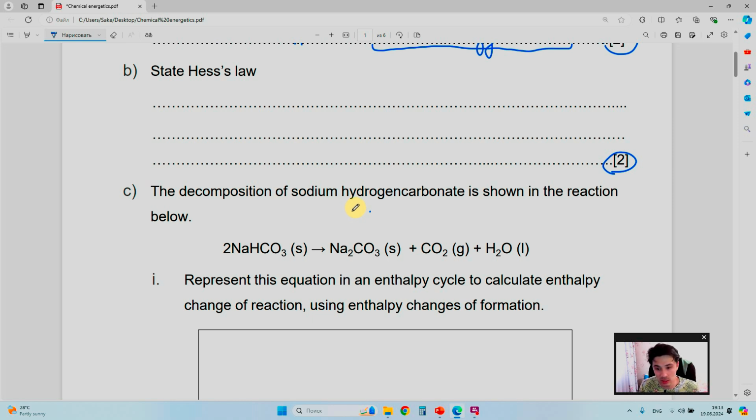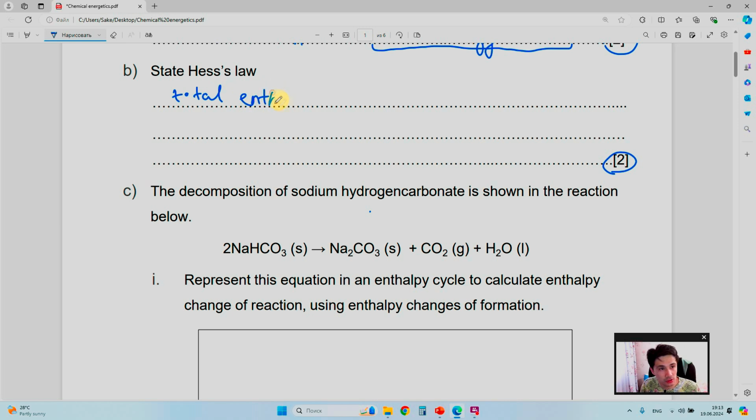So total enthalpy change, it means that a reaction can undergo in one step, or the same reaction could undergo in several steps by an alternative route. And in both cases, enthalpy change of the reaction when you compare reactants and products will be the same, and that's about Hess law. So Hess law states that total